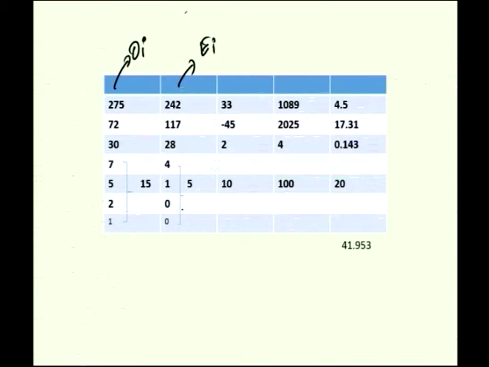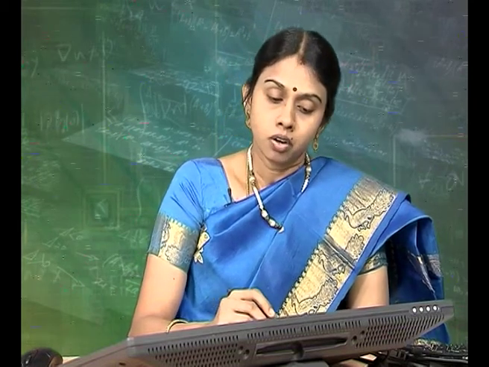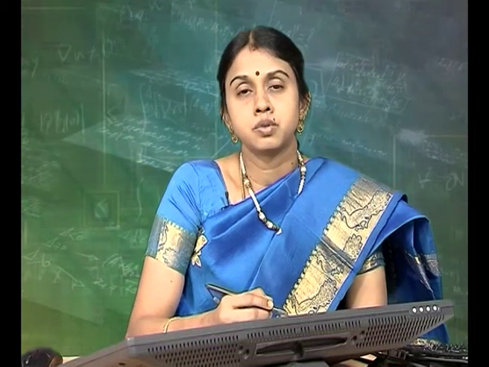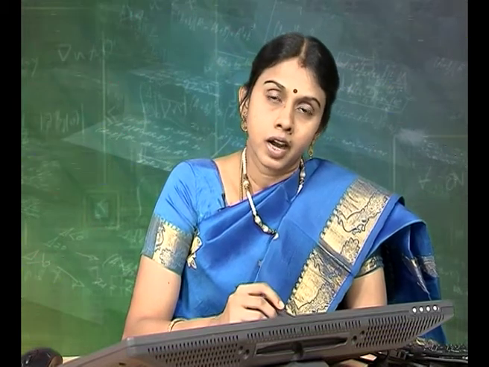And one more thing in chi-square distribution is that none of the frequency values should be less than 5 when you are doing the goodness of fit. Therefore, whatever values are less than 5 should be added to the previous one, so that the frequency value becomes greater than 5. Adding with the previous values like that is called pooling. When you are doing the pooling process for OI, the pooling process should be done for EI also, till all the frequency values added become greater than 5.